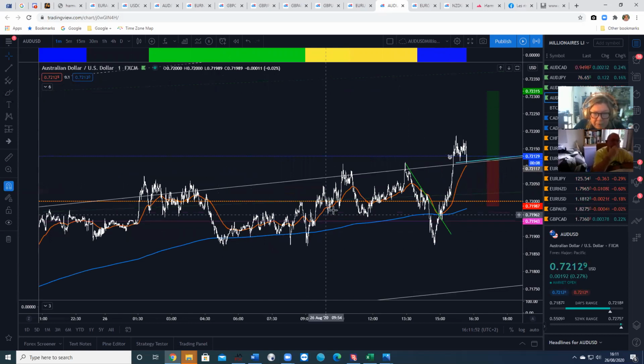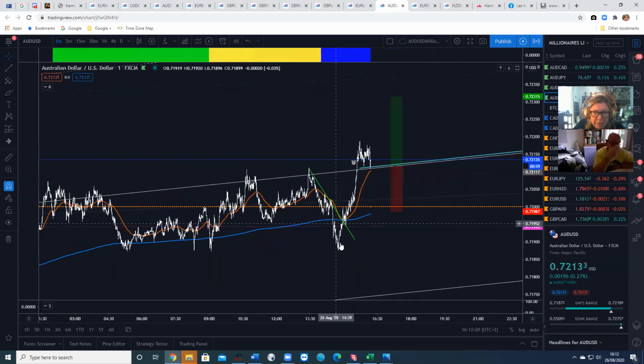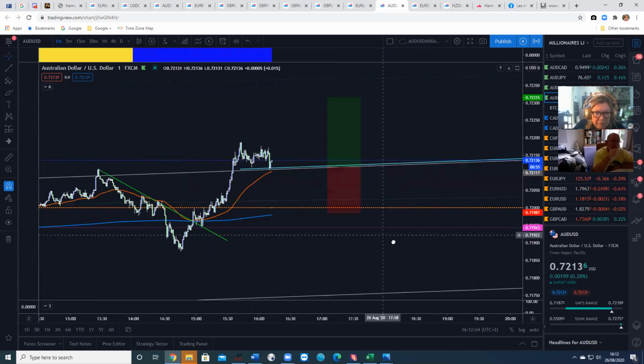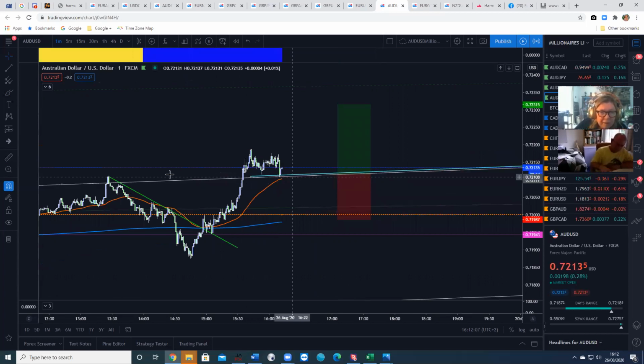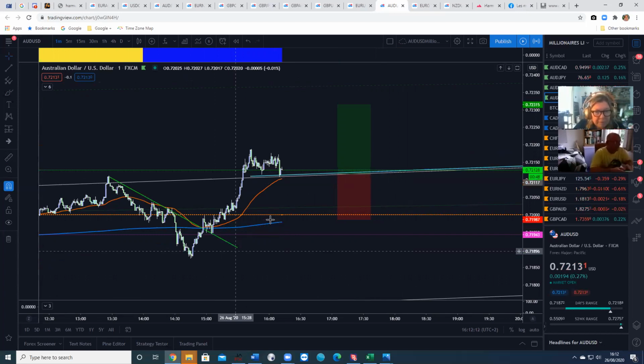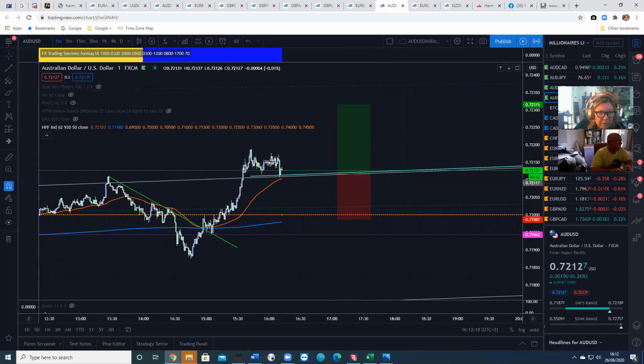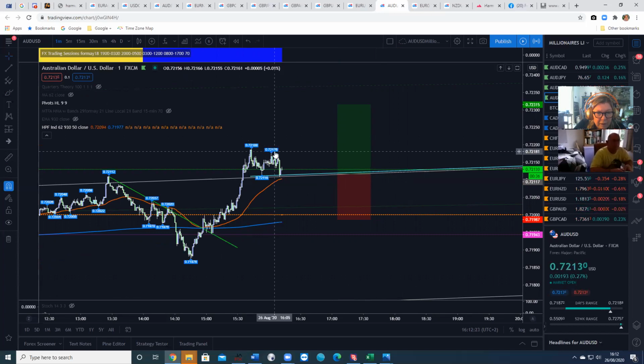Back to the 15-minute, back to the pitchfork, down to quarter theory, drops back through there. So it's making a bigger swing at the moment. But I don't like the way that 62 curls like that. It makes me a little bit suspicious. And if you put the pivots on, maybe you'll see that it's dropping. So lower high there. We have got a higher low, but you can see this is now dropped or dropping